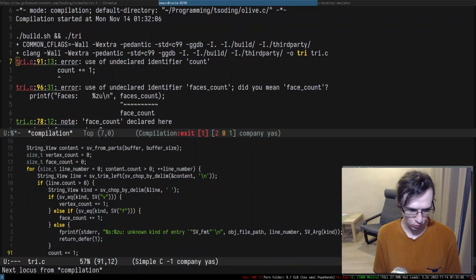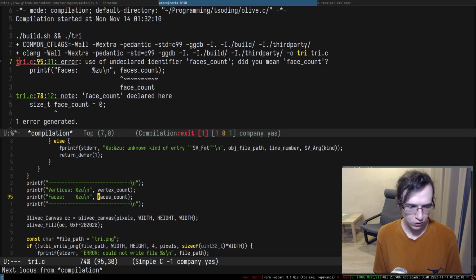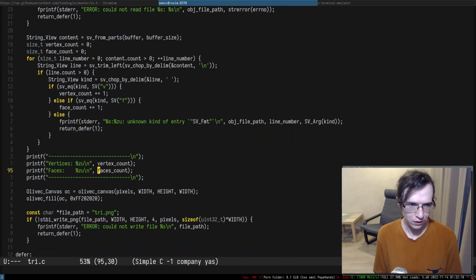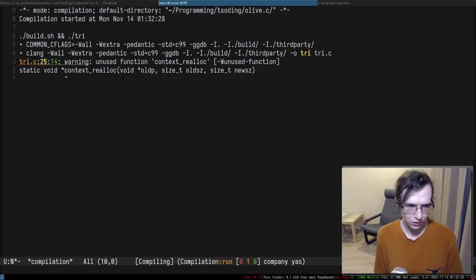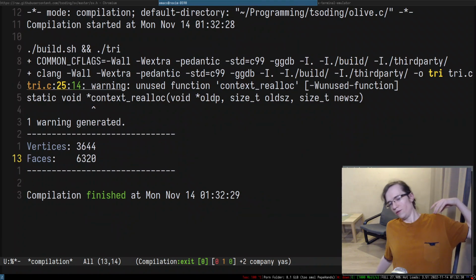Sure. And what else do we have in here? So I don't have to increment anything in here. So faces count undeclared, so it's called face count for some reason, not faces. But I think it should be called... Okay, so let's call it faces for the consistency with vertex. Okay, there we go. So we've got 3,644 vertices and